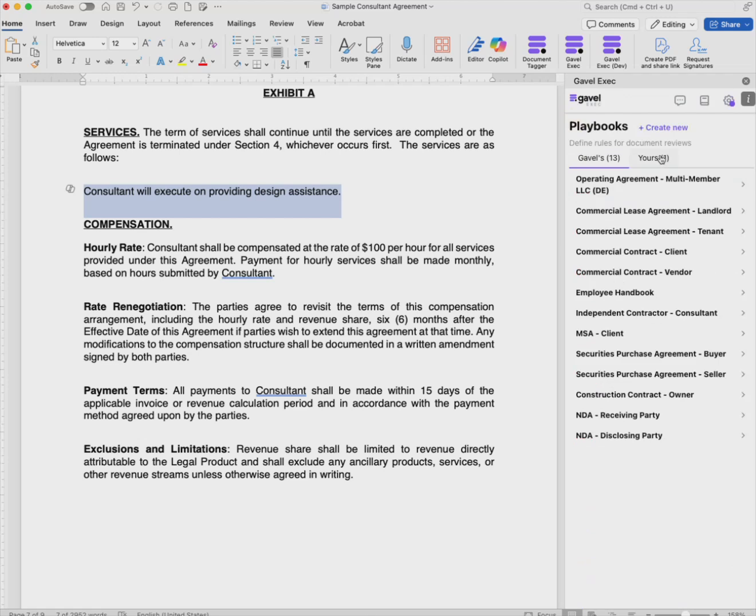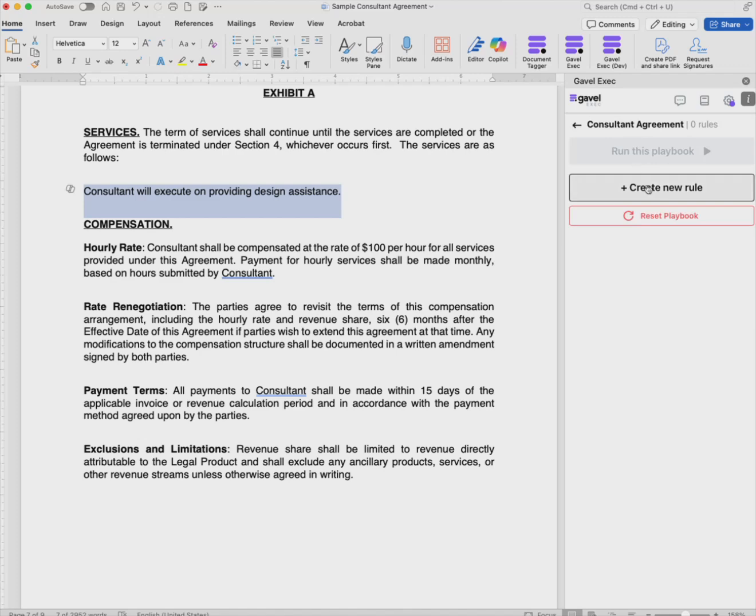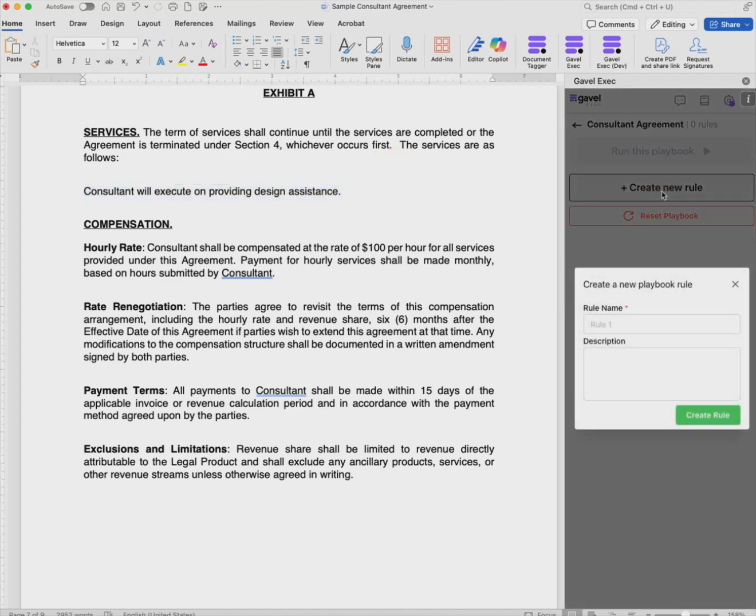Now, you can also create your own playbooks. As you can see, I can either create a new one or I have one here that I haven't filled out yet. So I'll go into this consultant agreement playbook and I'll go ahead and create a new rule. In this case, I'll just create a rule on termination clause, and I'll say that I want to ensure that the employee always has the right to terminate the contract if any payment is not made within 14 days